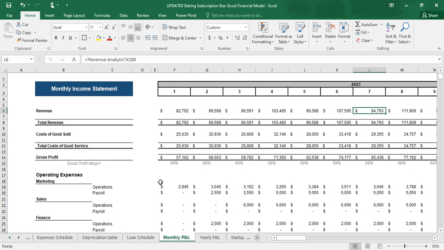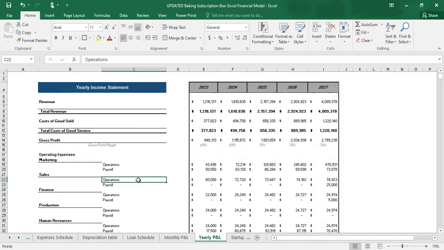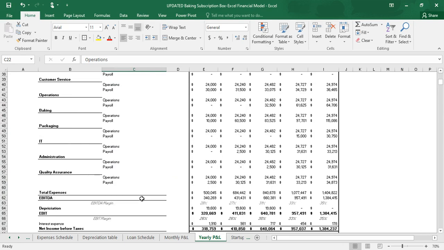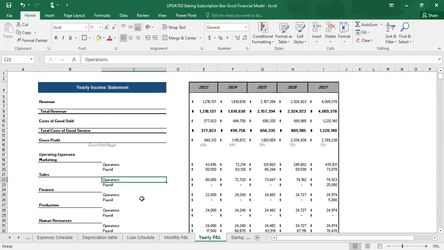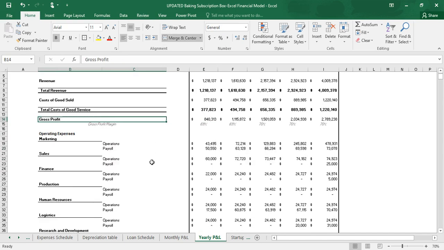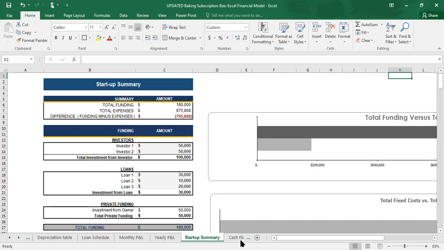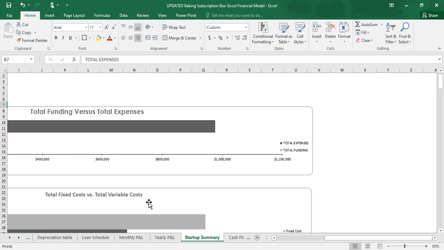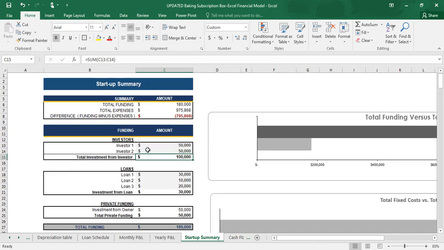In the monthly income statement, we have calculated the total revenue, cost of goods sold, and net profit for each month. Then in the yearly P&L, we have calculated the net profit for each year. We have also included profitability margins such as gross profit margin and net profit margin. In the startup summary, we have compared the funding and expenses for the first year of business. We have also included graphs to make this comparison